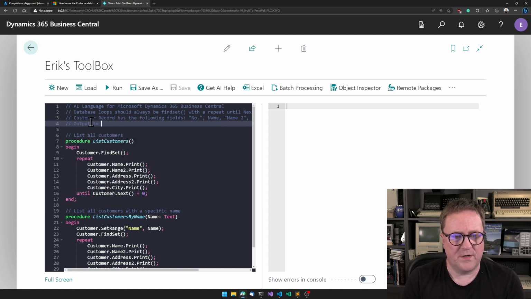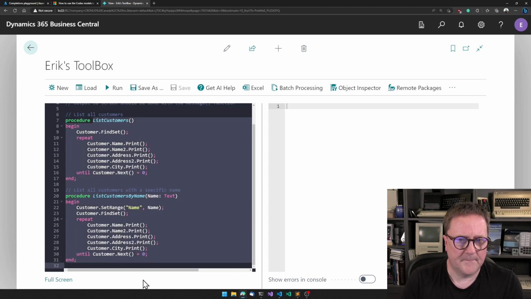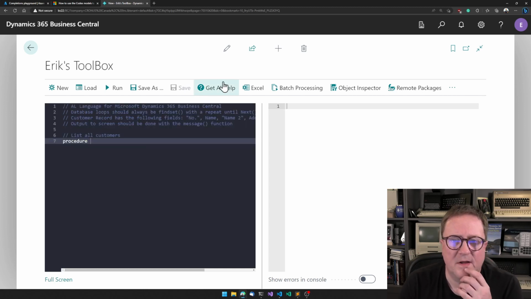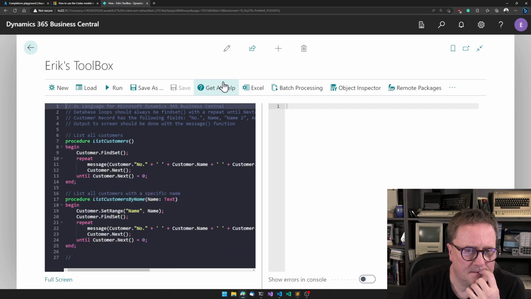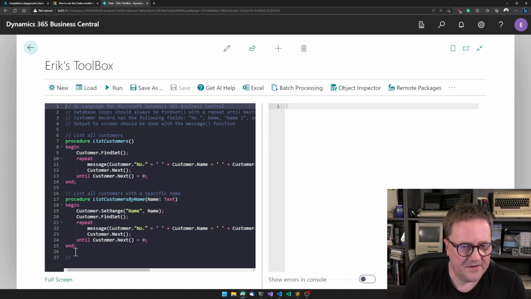Output to screen should be done with the message function. Somehow this actually removed the next inside the loop. Do you see that? Now the next is back. But message. Okay, let's just for fun try to